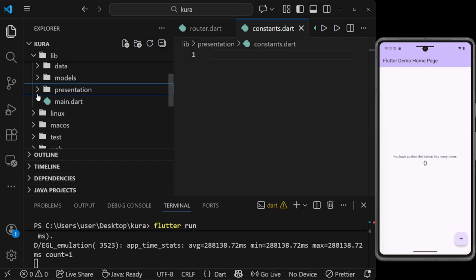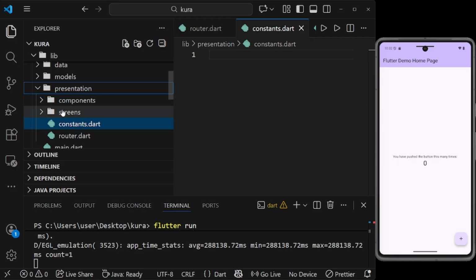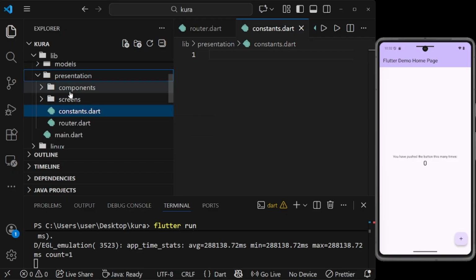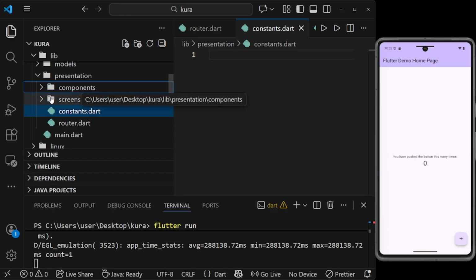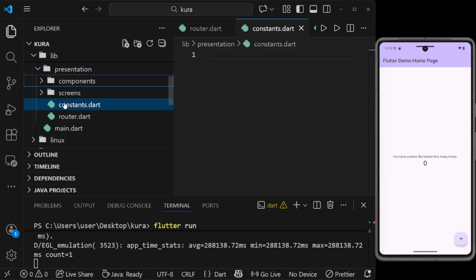Now in the presentation, this is what is worried about the actual UI. These components are going to be reusable components. I'll open it right now. You will see action card, bulletin, button, text field. They are going to be action-taking components. The screens, you have